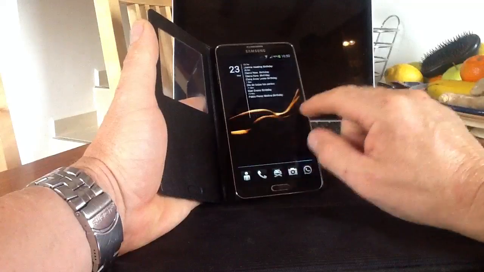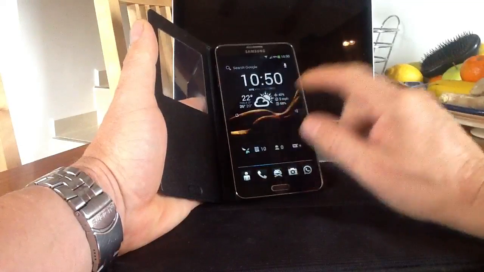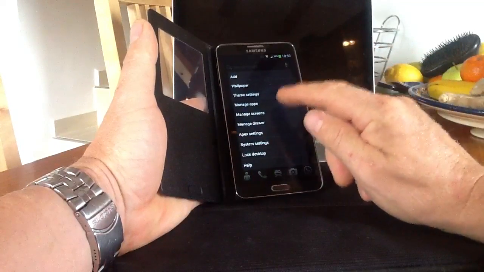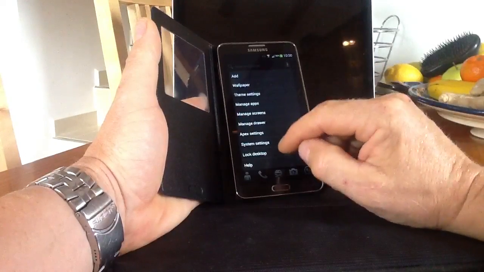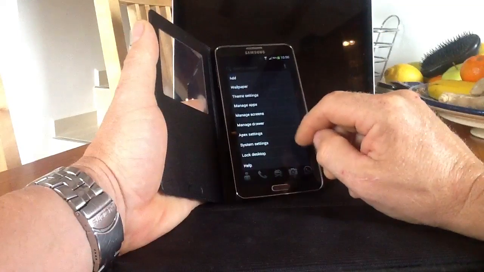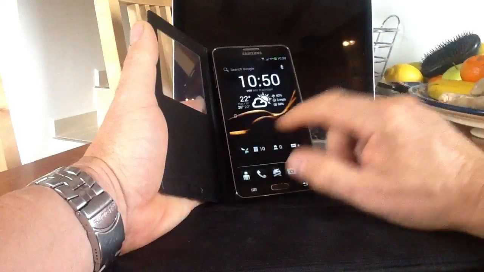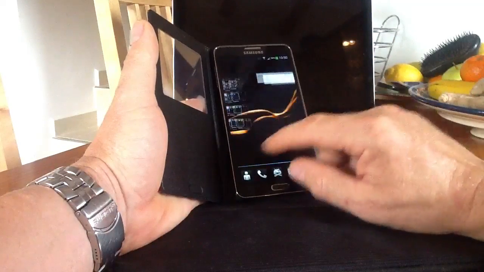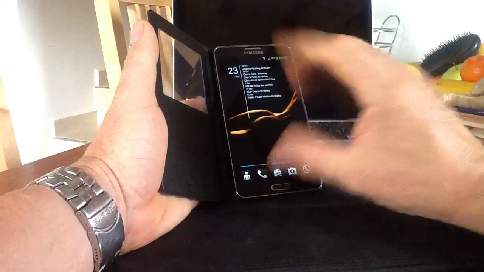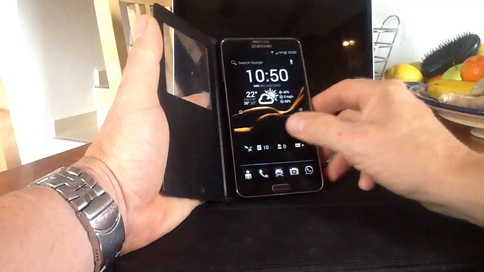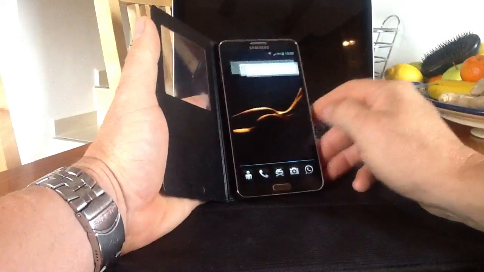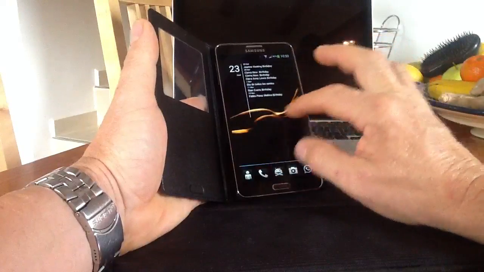Loads of different transitions with Apex. Most of you who've used it before will know basically how it works. Double tap again. You can manage drawers, manage screens, the different transitions. Transition settings, there's a plethora of settings for transitions. I pretty much like this one. It's a bit of a bounce, it's pretty basic, but you can have spiral, you can have them zooming in and out, you can have the standard cube in, cube out. There's lots of different settings, but for my mind at the moment, because I'm not overly keen on the TouchWiz